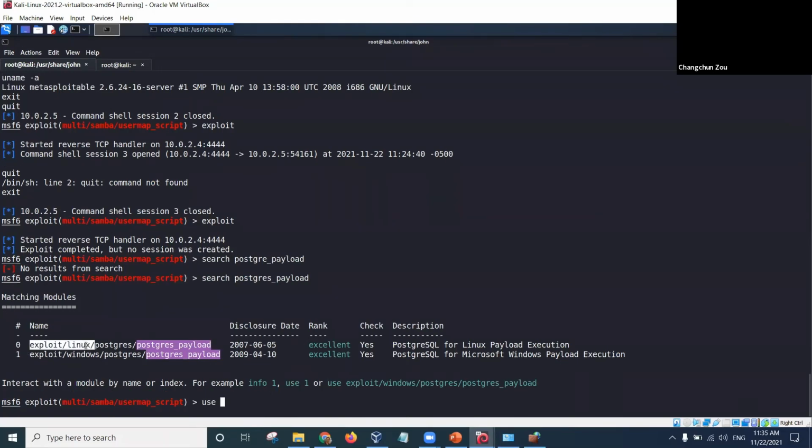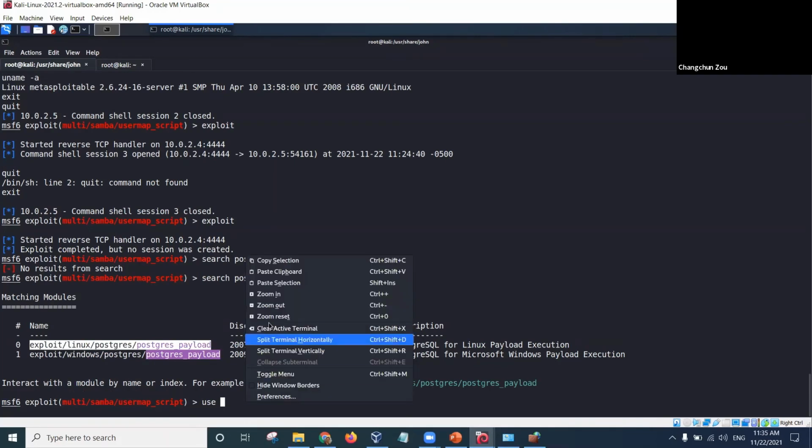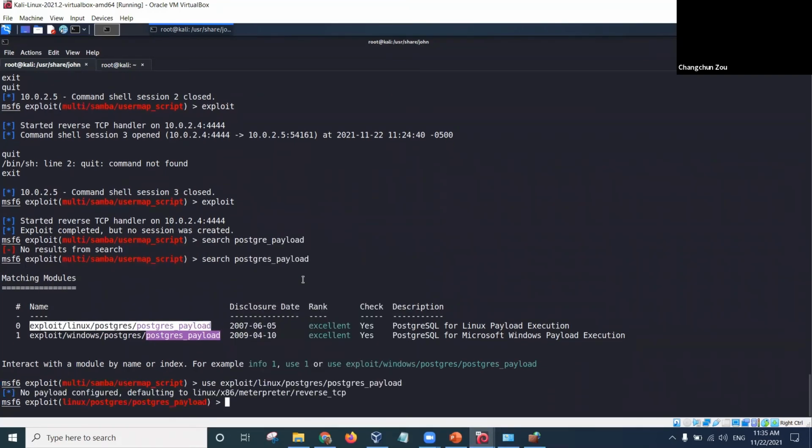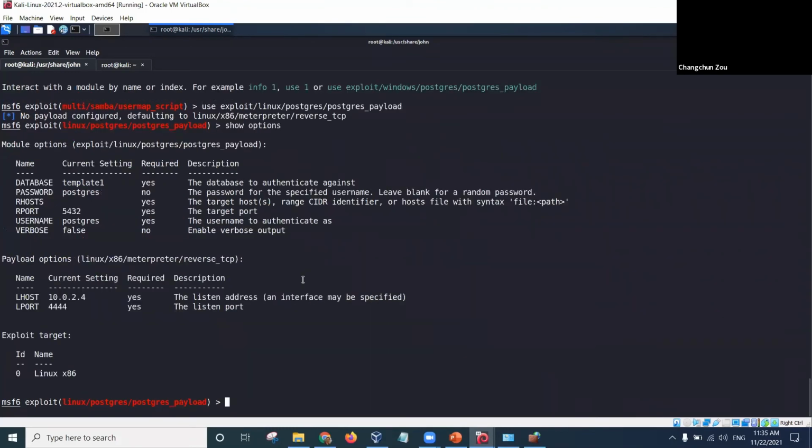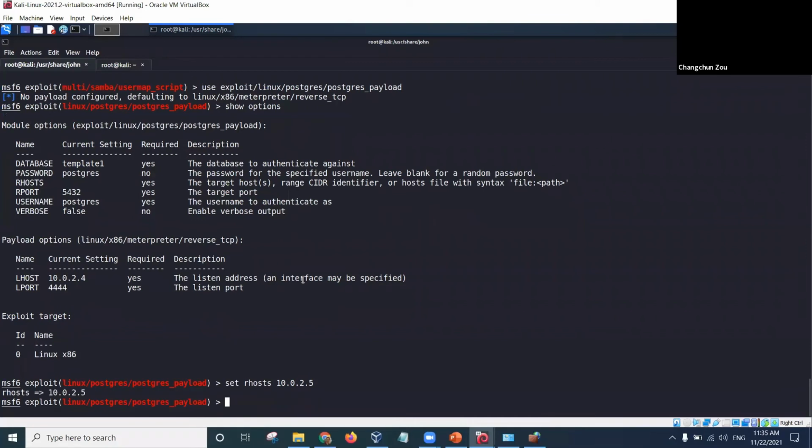It's a Unix, a Linux one. So in the options, set RHOST to the Metasploitable Linux IP address, and the other parameters have already been set, so I will not change them. If you directly do the attack,